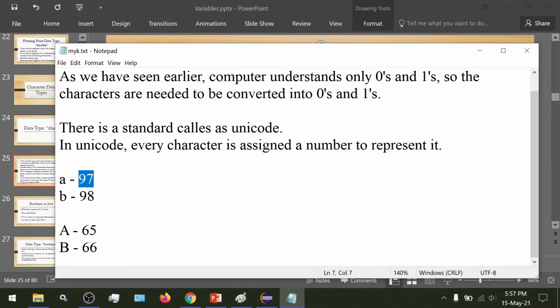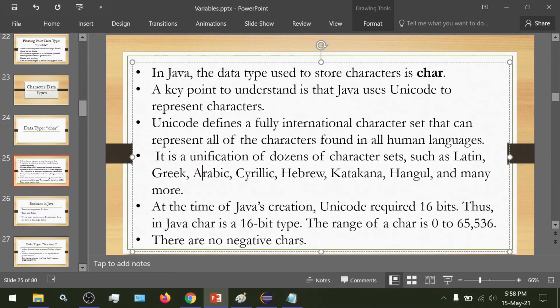Just as we saw that there are Unicodes for lowercase a, which is 97, and for b, which is 98, similarly for uppercase it is 65 and 66 for A and B. For each and every character present inside all of the languages around the world, there is an equivalent code. If we consider the equals sign, even this has a code associated with it, and it is represented using that code inside a computer.